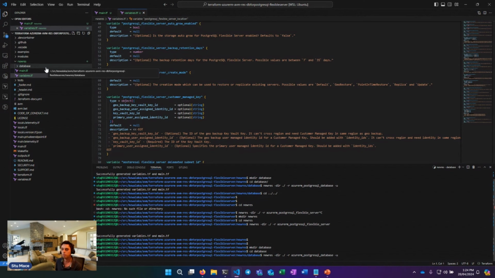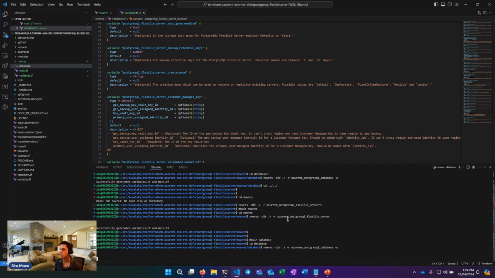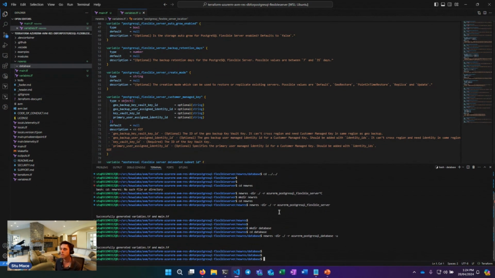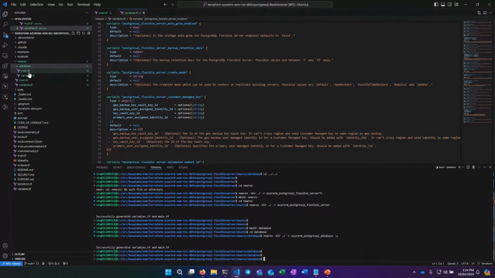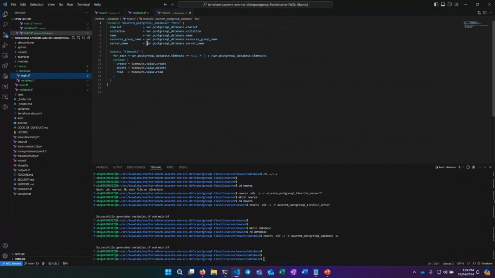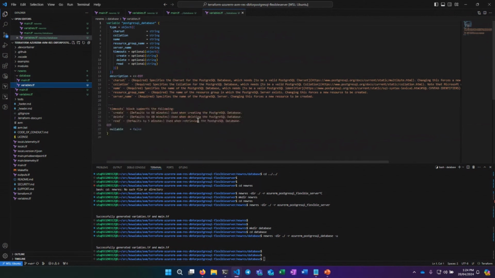It always goes slower when everyone's watching. The actual database resource itself is much simpler, but the variables again have very high quality object definitions and descriptions available.